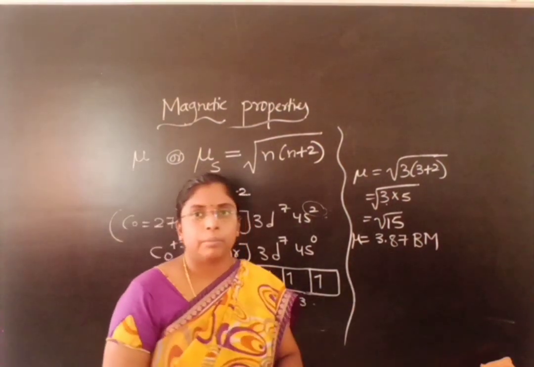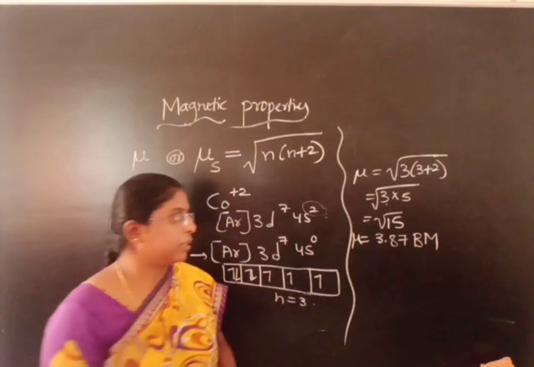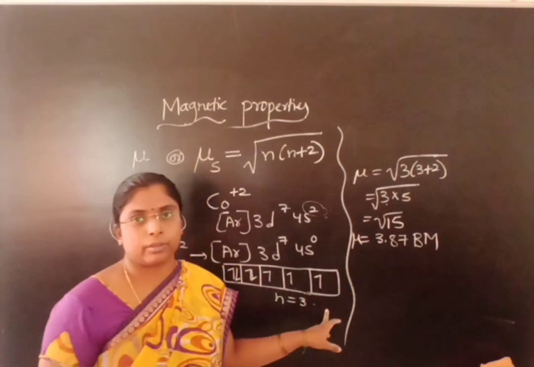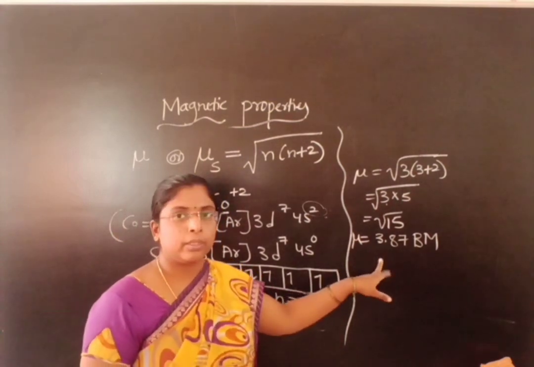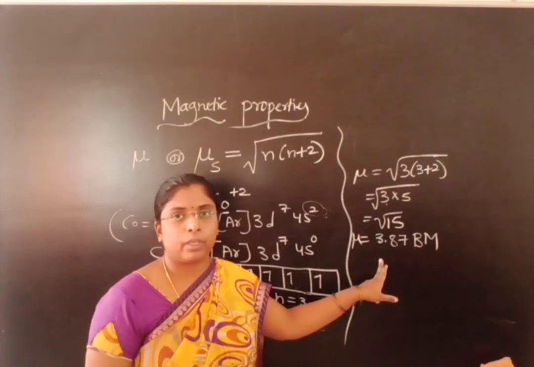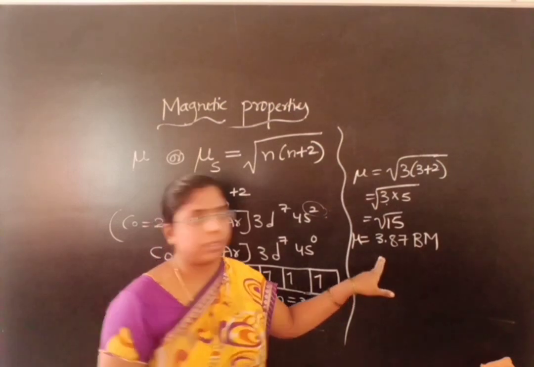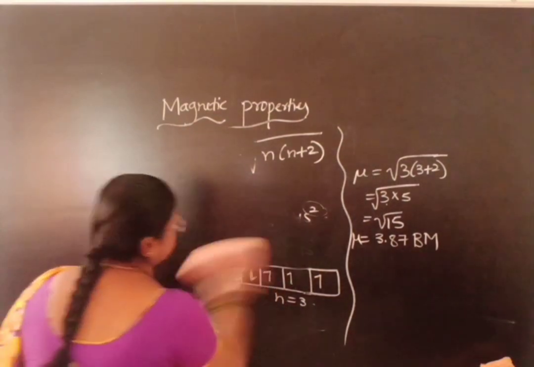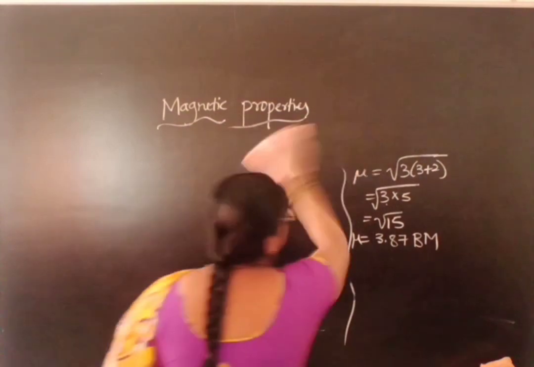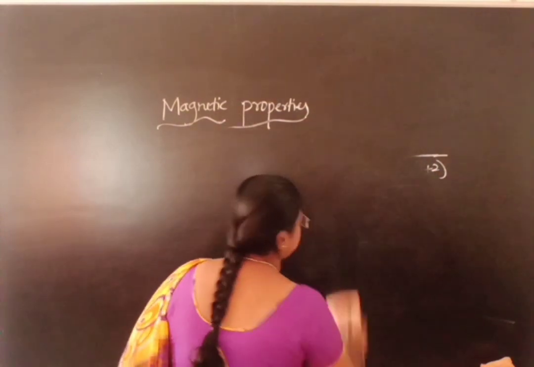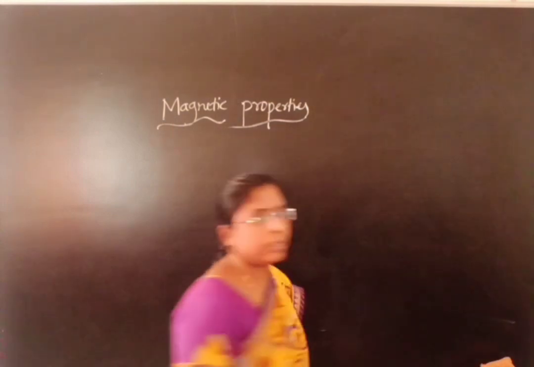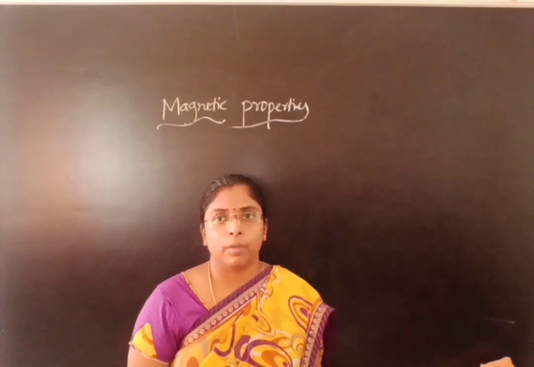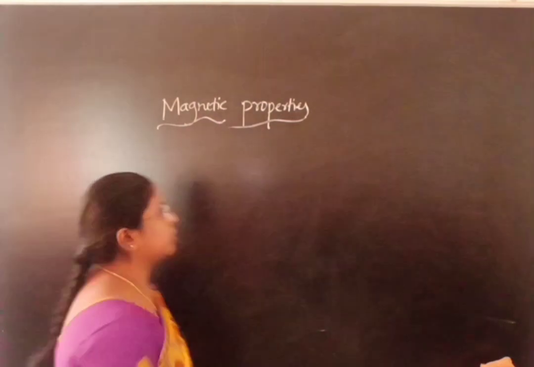By seeing the value of magnetic moment, we come to know the number of unpaired electrons. The magnetic moment gives an idea about the number of unpaired electrons present in the given element. Let us write the magnetic moment of some of the elements. This is very important and compulsory, because even in competitive exams, for 1 mark they ask you to calculate the magnetic moment. You have to remember the atomic number as well as the formula for magnetic moment. Then you can go for the substitution.